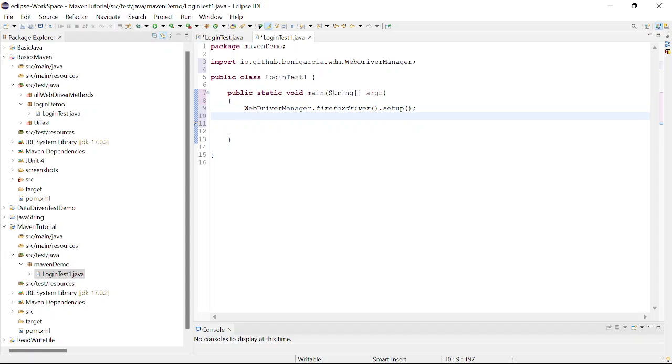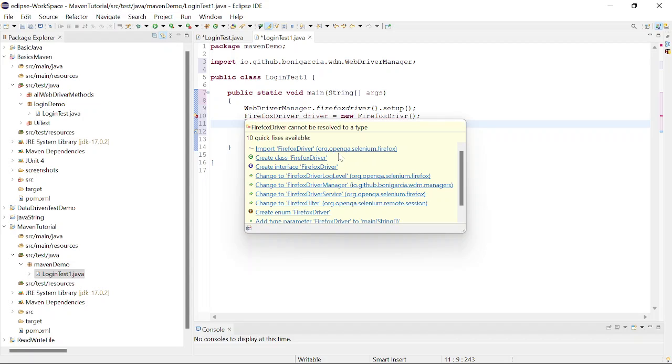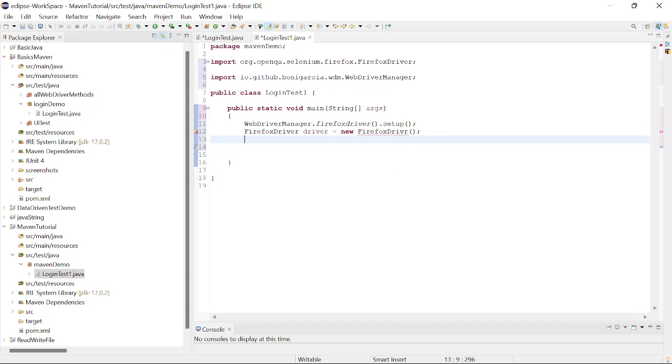Okay. After using Firefox driver, I will be creating an object of the Firefox driver interface, and we'll import Firefox driver from org.openqa.selenium,